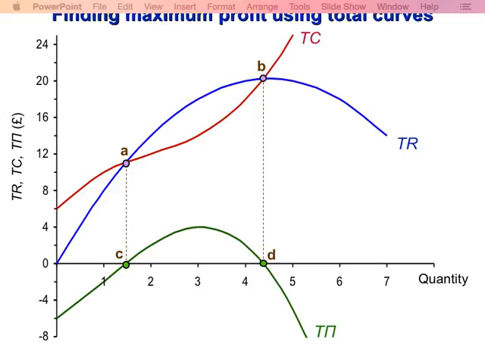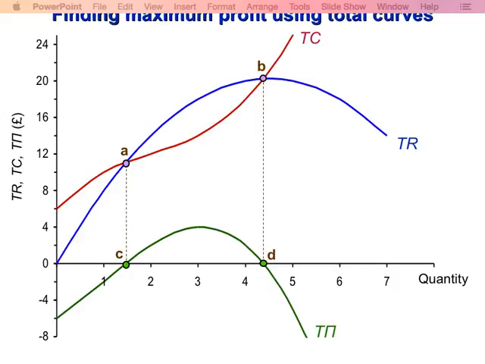So producing one unit is giving us a loss. The second unit gives us some profit. The third unit gives us profit. The fourth unit gives us profit. Beyond that, we start incurring losses. That's again the case of diminishing marginal returns. Marginal cost becomes negative. But at the moment, ignore marginals because we're dealing with totals. Now, that's the region within which we have to look for maximum profit.